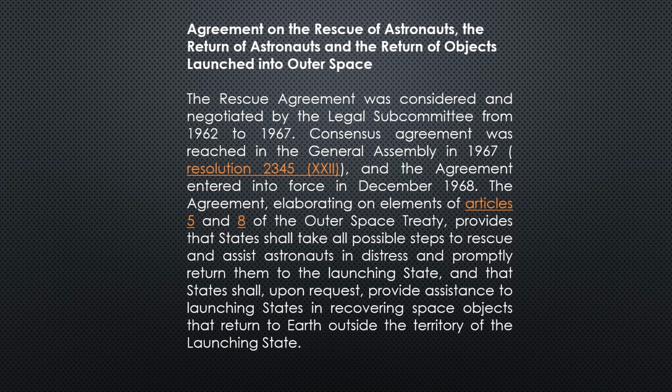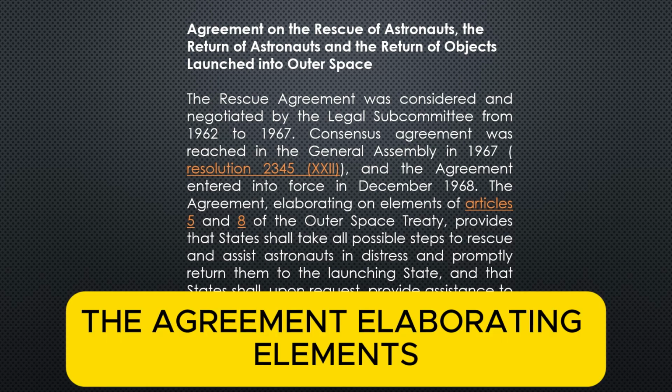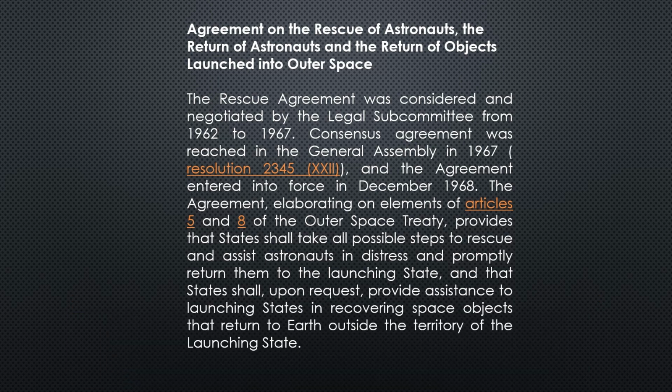Okay, so the Rescue Agreement was considered and negotiated by the Legal Subcommittee from 1962 to 1967. Consensus agreement was reached in the General Assembly in 1967, and the agreement entered into force in December 1968. The agreement, elaborating on elements of articles of the Outer Space Treaty, provides that states shall take all possible steps to rescue and assist astronauts in distress and promptly return them to the launching state, and that states shall, upon request, provide assistance to launching states in recovering space objects that return to Earth outside the territory of the launching